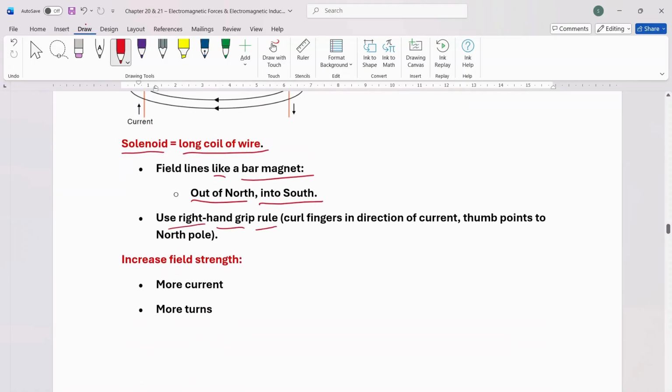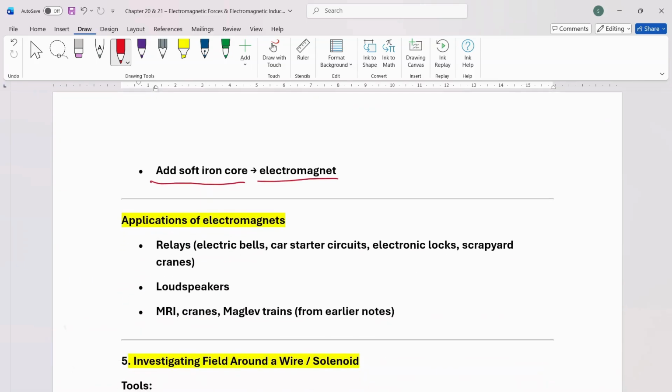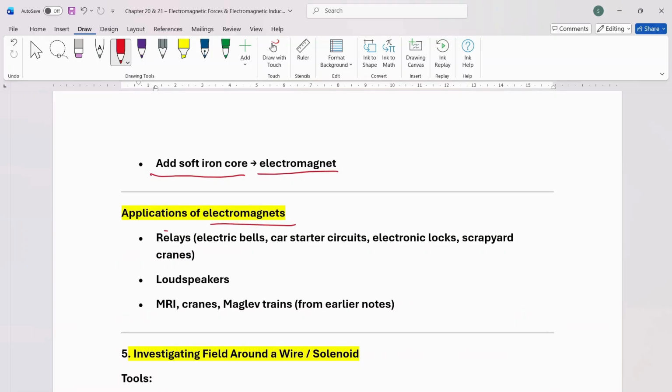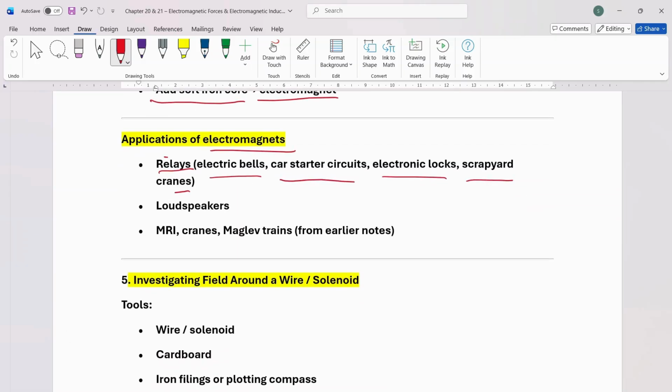Use the right hand grip rule: curl your fingers in the direction of the current, and the thumb points to the North Pole. Increase field strength: more current means more turns. A soft iron core makes it an electromagnet. Applications of electromagnets: relays, electric bells, car starter circuits, electronic locks, scrapyard cranes, loudspeakers, MRI, maglev trains from earlier